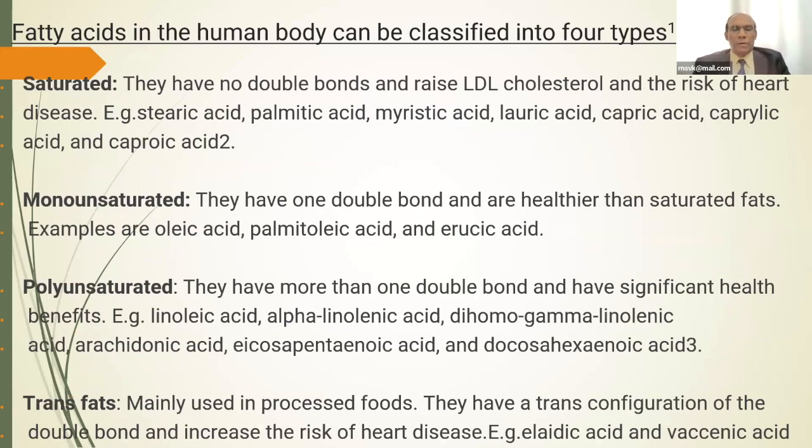So a little bit of going back to the biochemistry and the physiology. Fatty acids in the human body are classified into 4 types: saturated, monounsaturated, polyunsaturated and trans fats. Saturated fats have no double bonds. They raise LDL cholesterol and risk of heart disease. Monounsaturated fats have one double bond and are healthier than saturated fatty acids. Polyunsaturated fatty acids have more than one double bond and have a significant